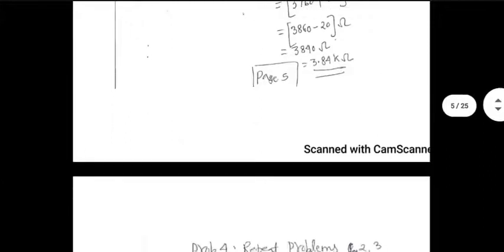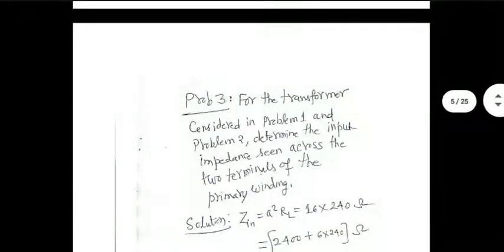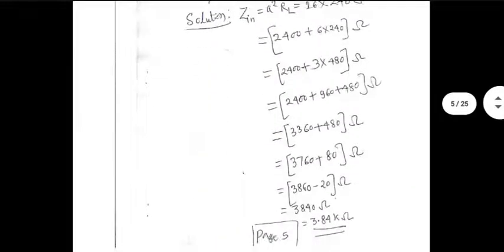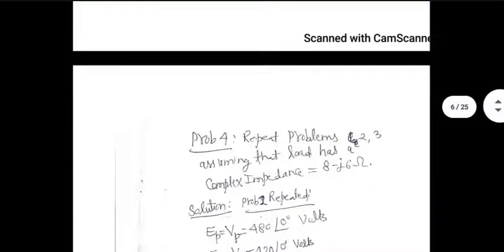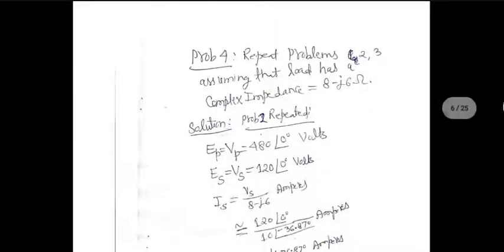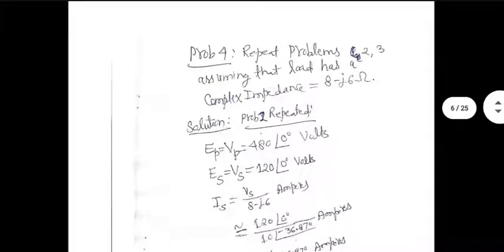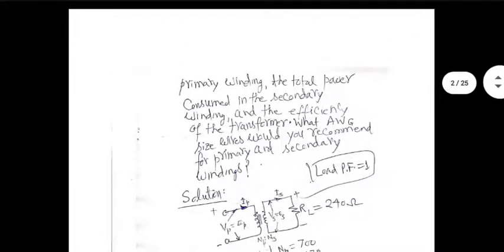As simple as that. More interesting is the real world where the load is hardly going to be resistive. It is always a complex load impedance. Then remember that A square is a real number, but ZL will be there. So the answer has to be in complex domain. Yeah, here is that example, which is what I wanted to look at today, because we have not done this in the previous lectures. Suppose the load impedance is 8 minus J6 ohm. How do you repeat all these problems in that case? That is what was not done in the previous lectures.